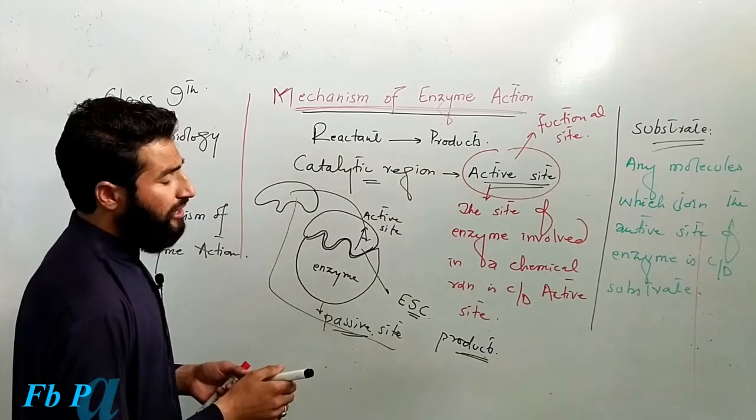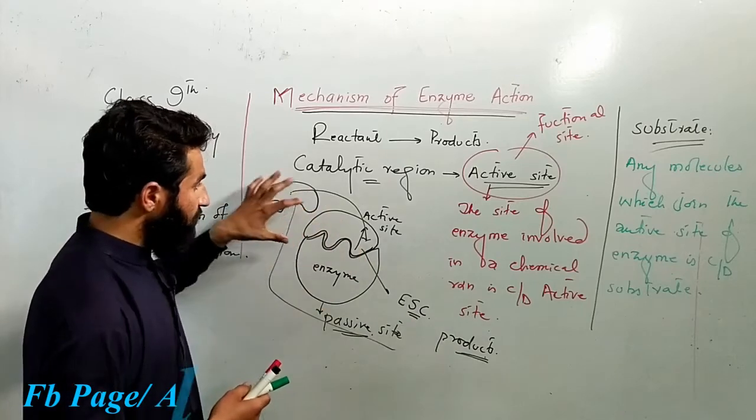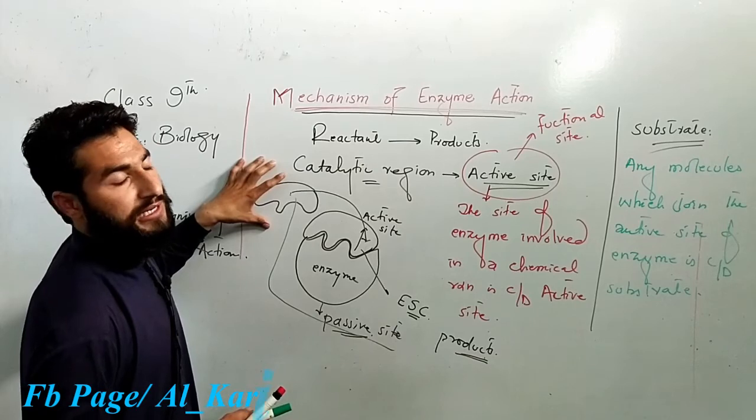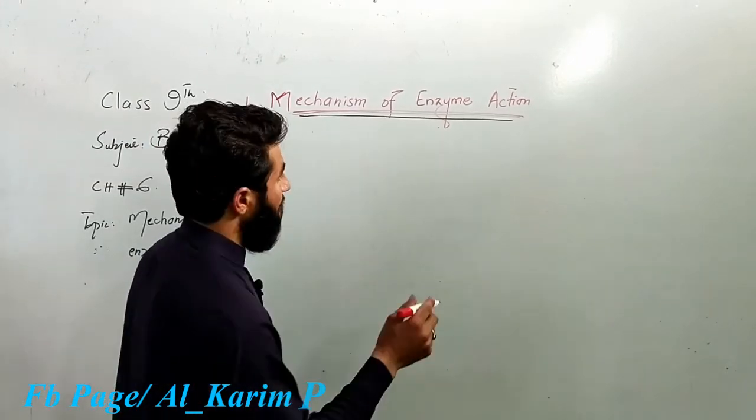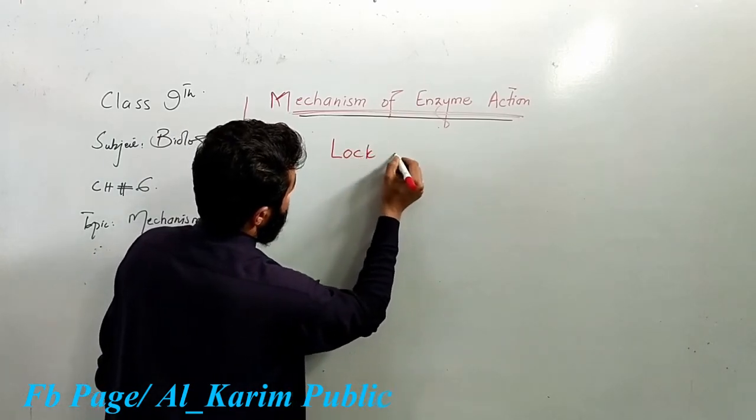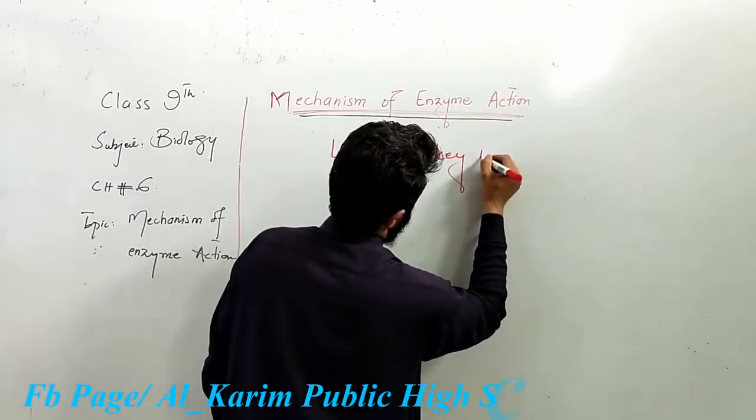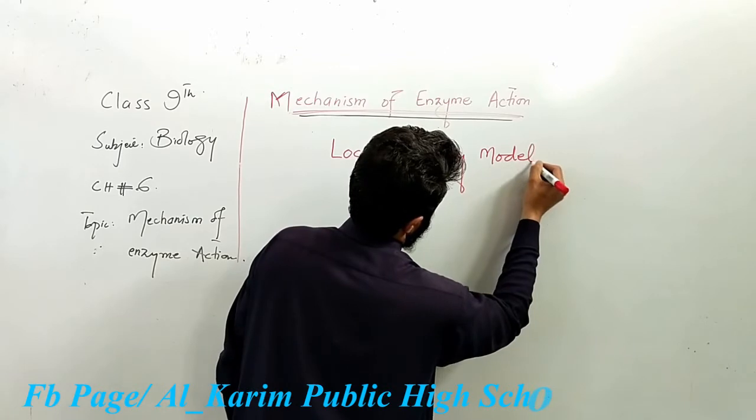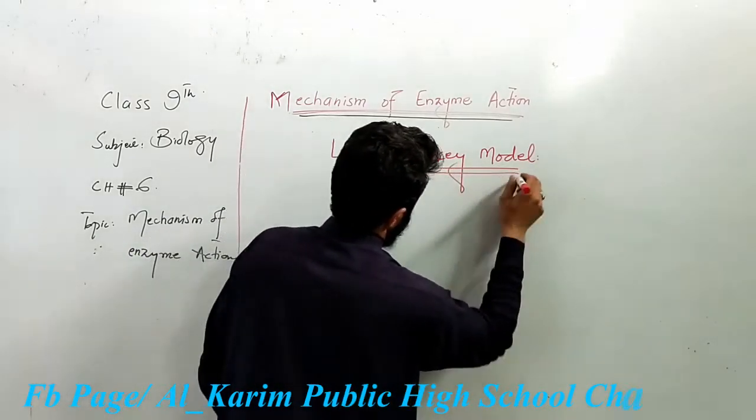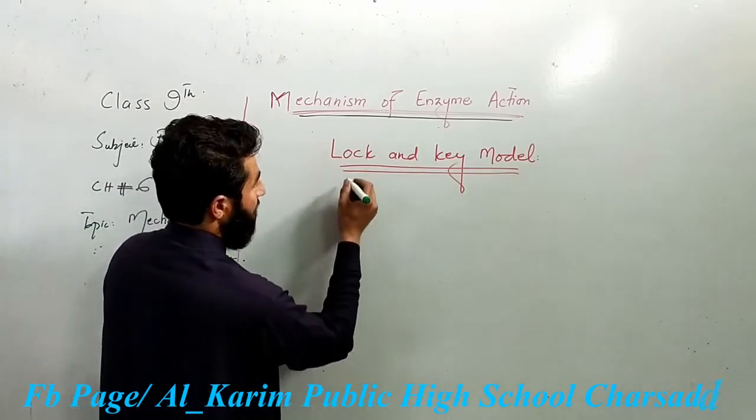How does the enzyme molecule change the substrate into products? According to this point, two models have been proposed. The first one is the lock and key model, and the second is the induced fit model. First, we have the lock and key model. This model was proposed by a German chemist, Emil Fischer,